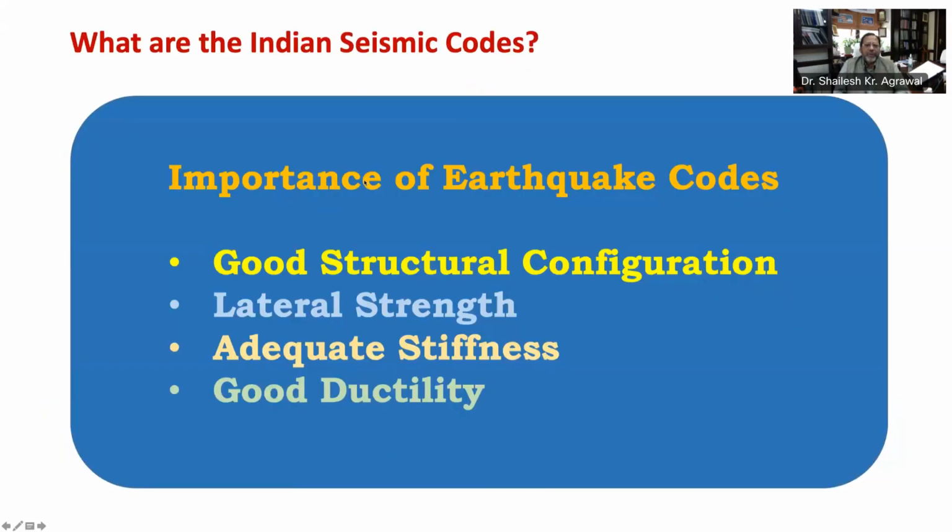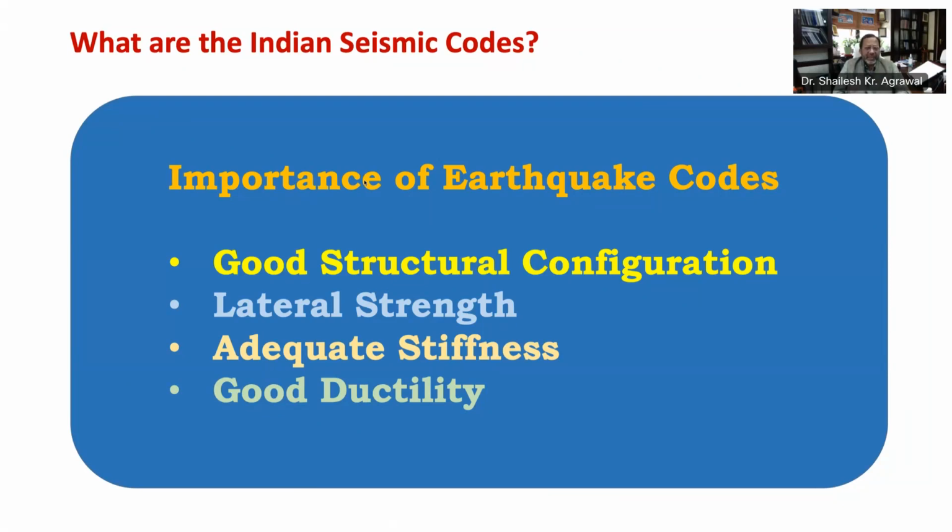If I have to tell you the importance of earthquake codes, let me first tell you that an earthquake resistant building should have four virtues as shown here. Good structural configuration means size and shape of building and its structural system carrying load are such that they ensure a direct and smooth transfer of inertia force through the building to the ground. Lateral strength is the maximum lateral, means horizontal, force that a building can resist so that the damage induced in the building does not result in life-threatening collapse.